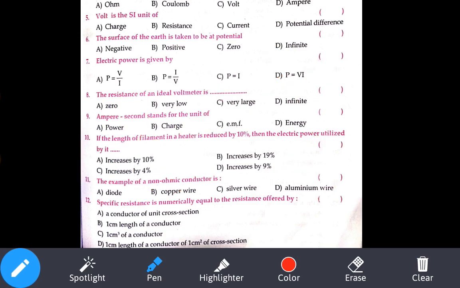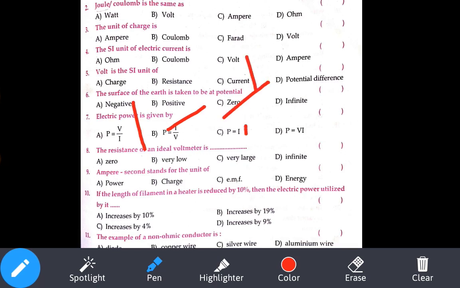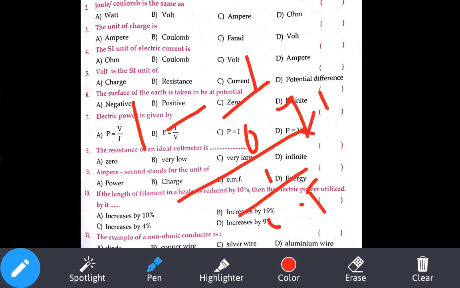Substitute that: 1 minus 1 by 0.9, by 1 by 0.9, into 100. So this is what we get. When you do all the cancellation part, you'll get